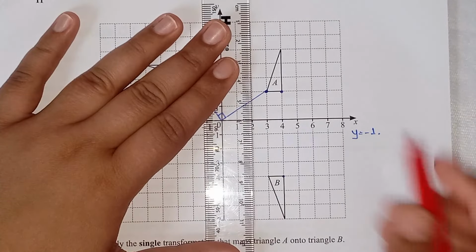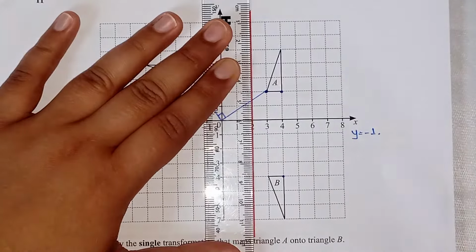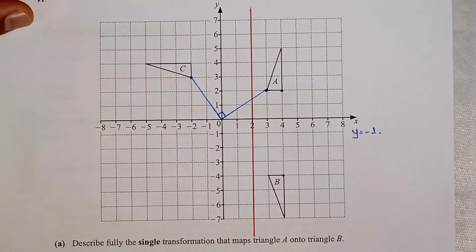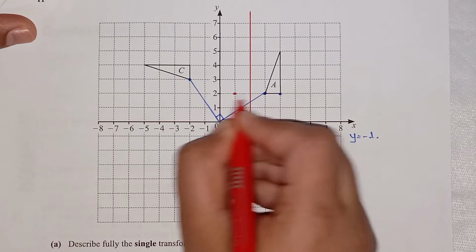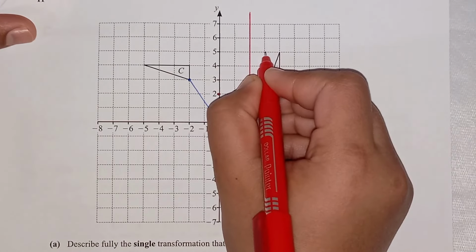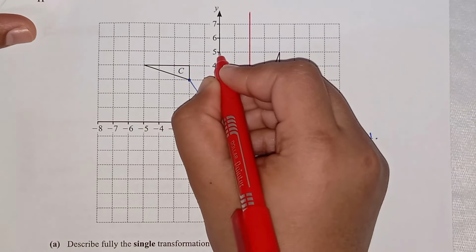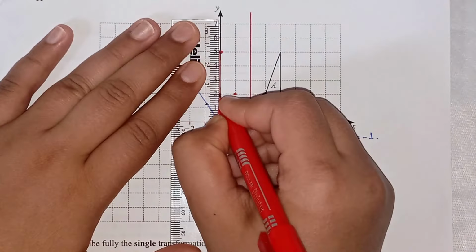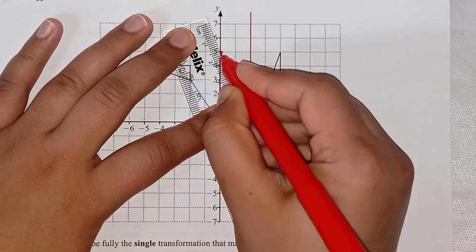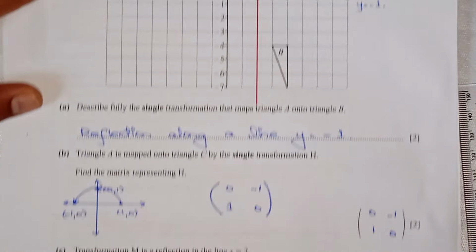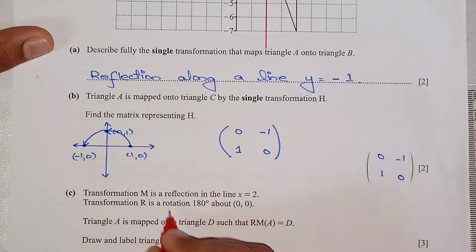So here is x equals to 2. We can do a reflection of our triangle A. So how can we reflect triangle A? So from this point it would be 1. So from here it would be 1. This point would be this point. So it would be 1, 2, 1, 2. So this is a transformation M. That is a reflection along a line x equals to 2. Okay. Now for second, we need to apply a transformation R, that is a rotation